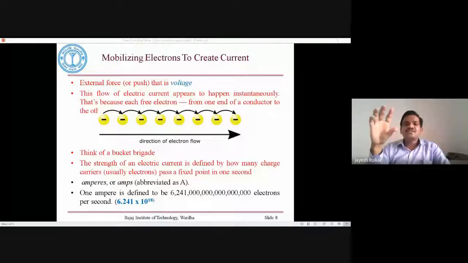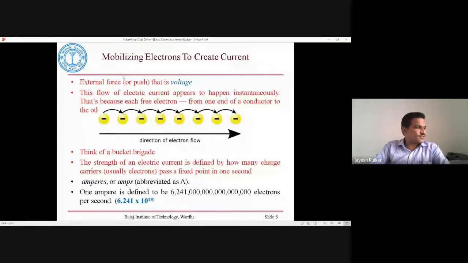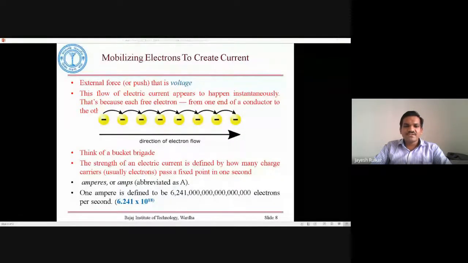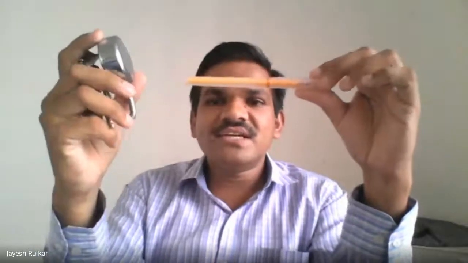Okay, so electrons are moving nearly instantaneously from one end of the conductor to the other end. If you see, this is what your conductor is. I will show you with the action also. Now, this is the pipe which I am holding in my hand, and you can consider this as my